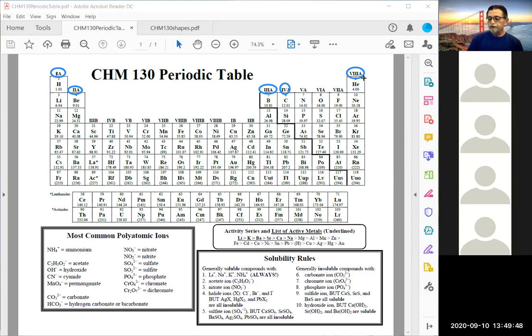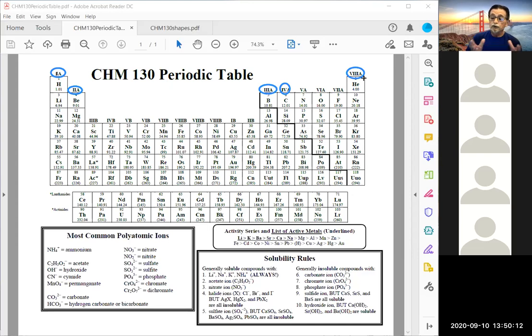And that's where the magic number 8 comes into play. Because all chemical reactions, regardless of what's happening, their driving force is to have 8 electrons around the outermost shell, because that is the most stable state. And that's why group 8 are called noble gases,